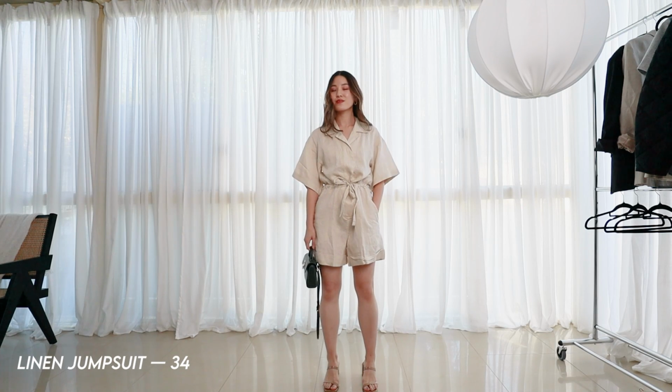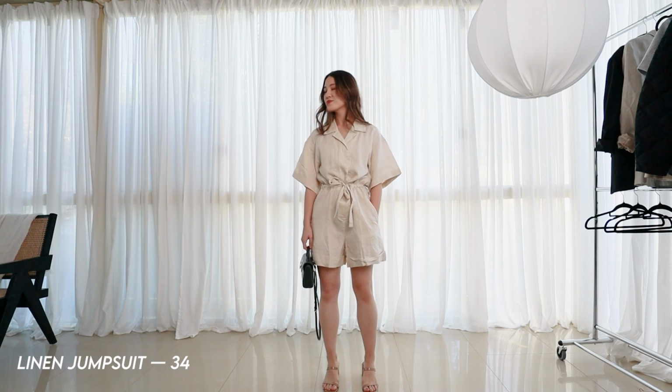So that's 5'6", 5'7", because otherwise you will find this to be quite long. With the play suit, while I feel like it was definitely designed for someone taller, what makes it work okay is that it does have this elastic tie, so you can cinch it at where you want your waistline to be. When I adjust it to my waist, you'll see that we have a bit of excess material on the